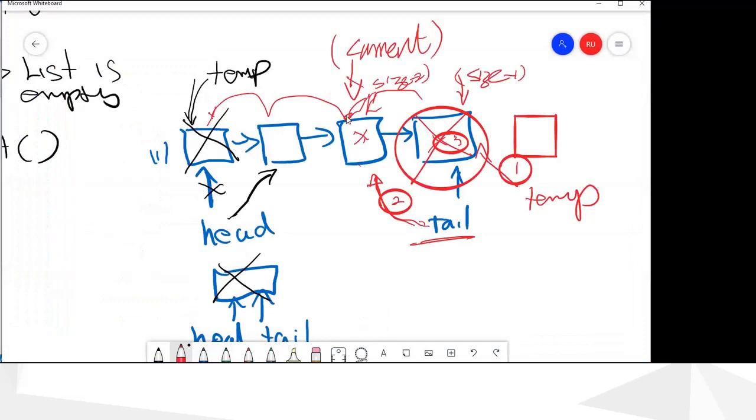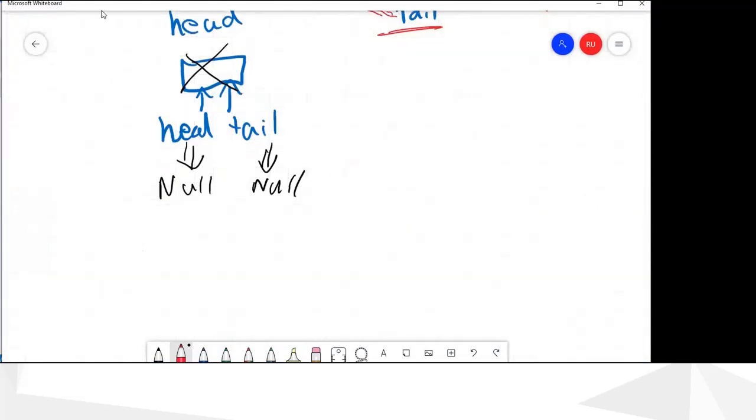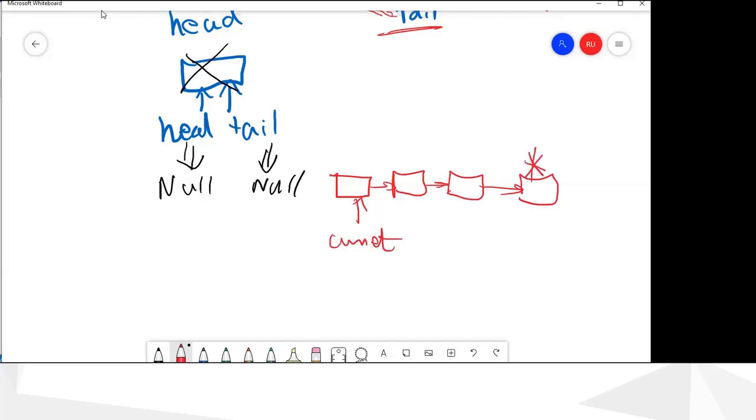So if you have, say, you start with current equals head, so the current will be here, and if you are deleting the last node, you have to move up to here. Now the size is 4. So you have to move your current pointer 2 times.